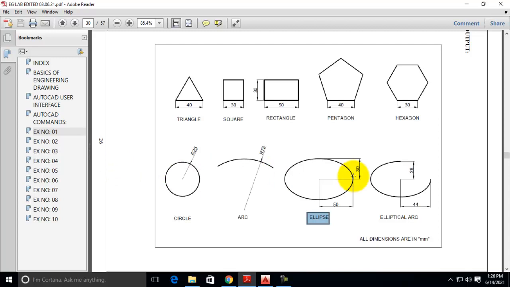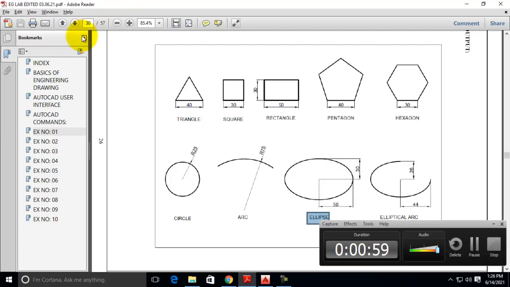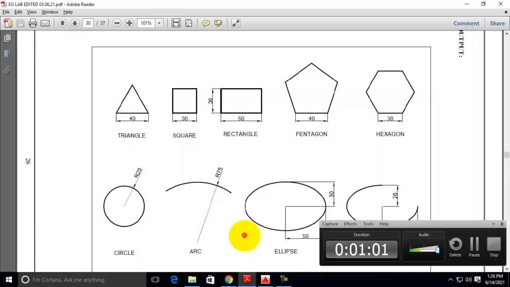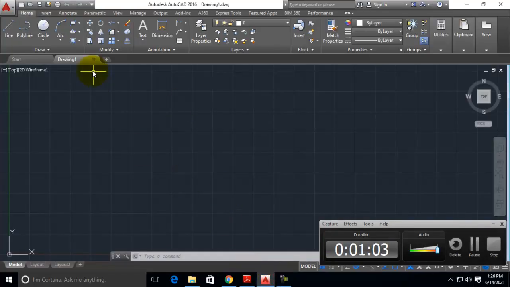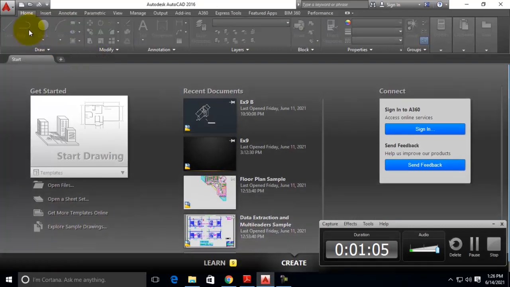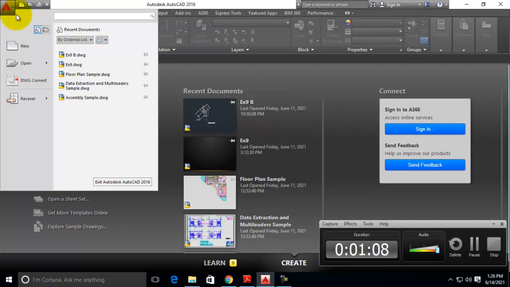Let us go to AutoCAD and draw this diagram. One second, let me maximize it. First of all, you can open an AutoCAD drawing. This is the AutoCAD window. At the top left corner, there is an icon, that is the application menu. Click on that and click on new.